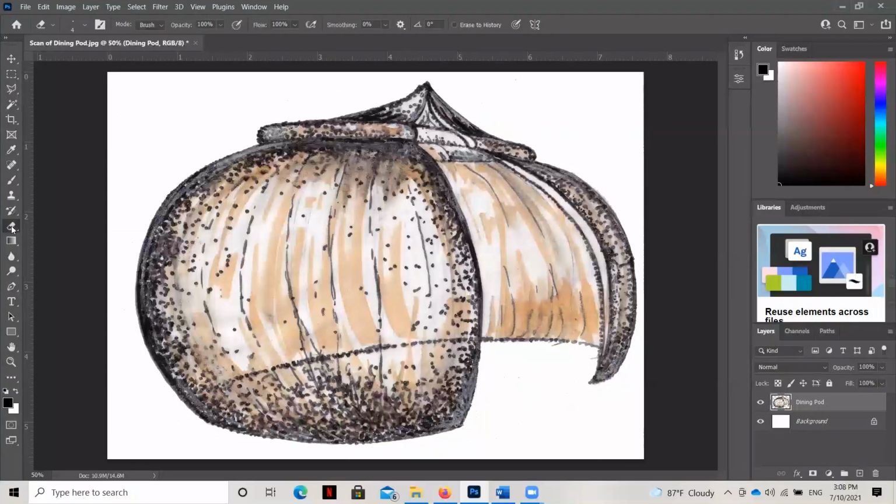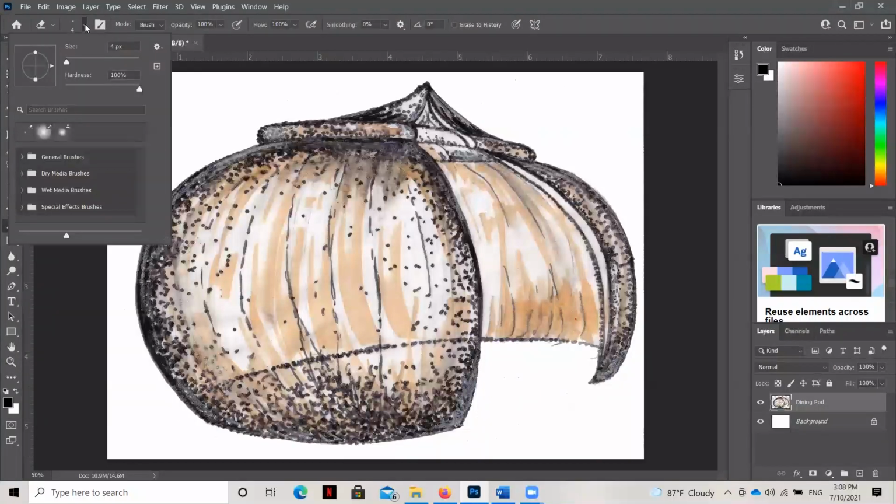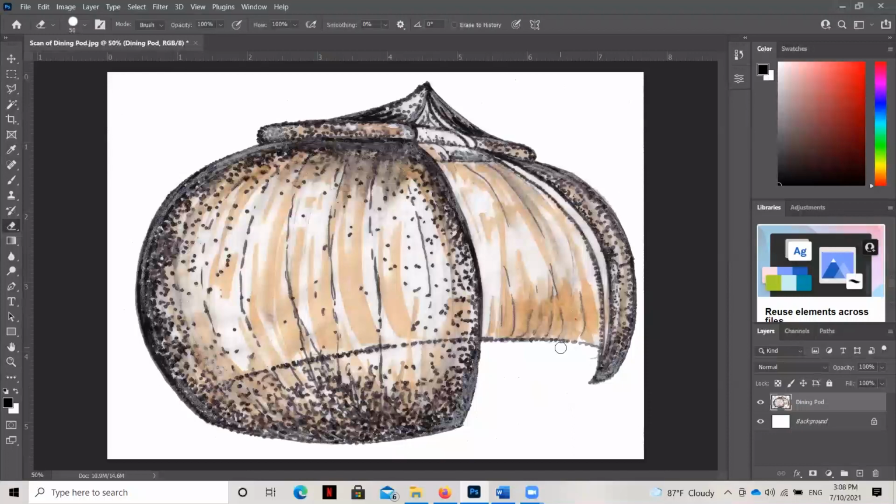Now you can see once you hit the erase tool, your commands change up here. If I click on this drop down, I can increase the size of my eraser tool and see, look, as I increase the size from 4 to 21 pixels, look how big it is. I can make it even bigger here. Okay, and see it gets big. So if I just click, I can get rid of some of the extras there.